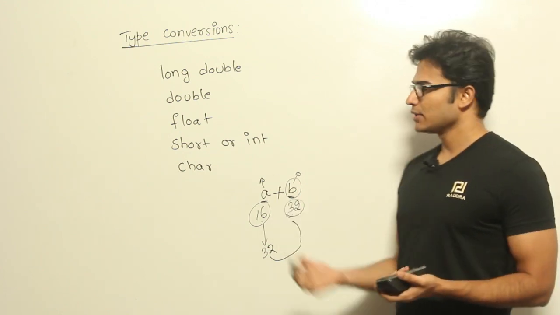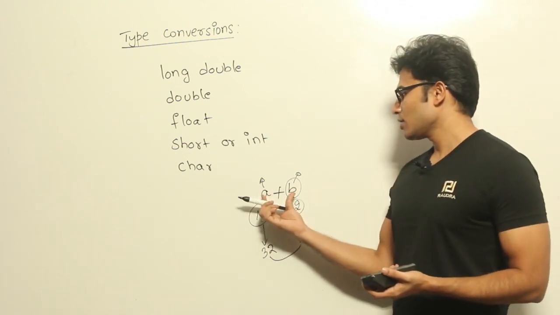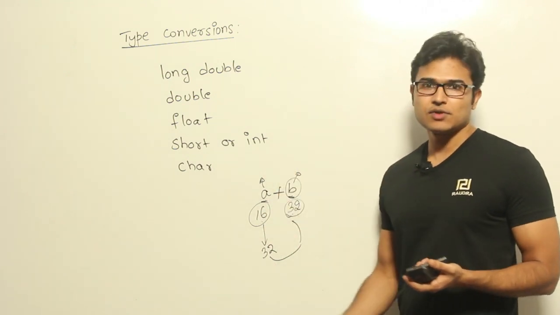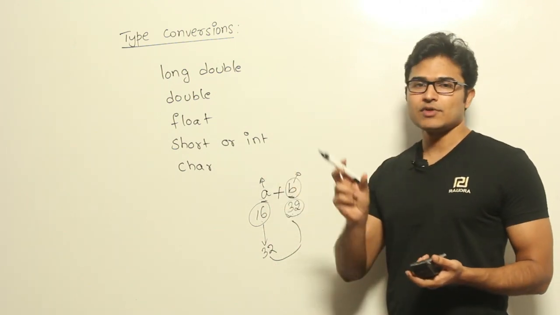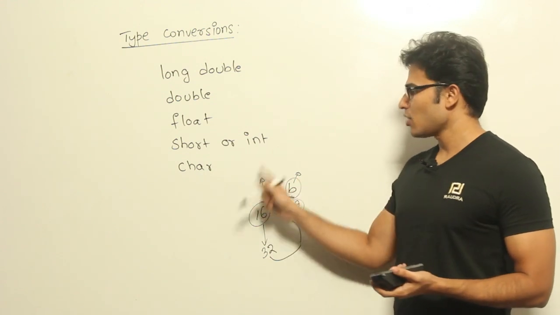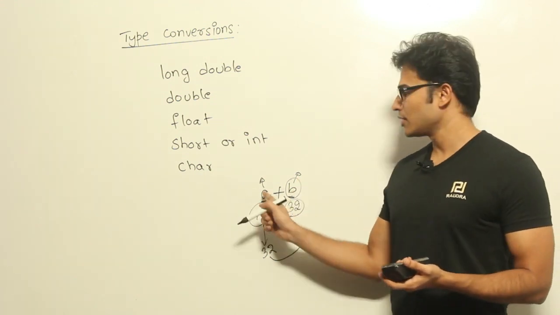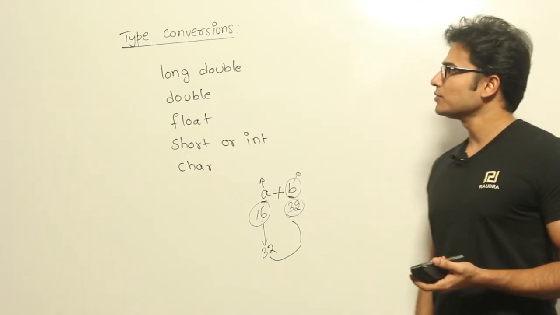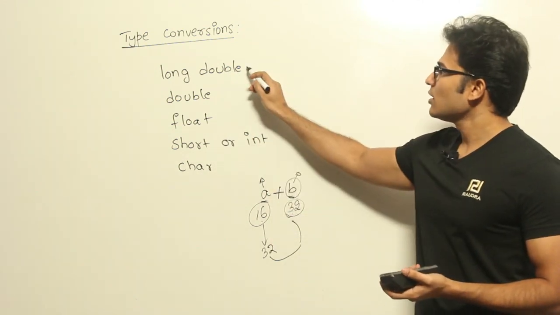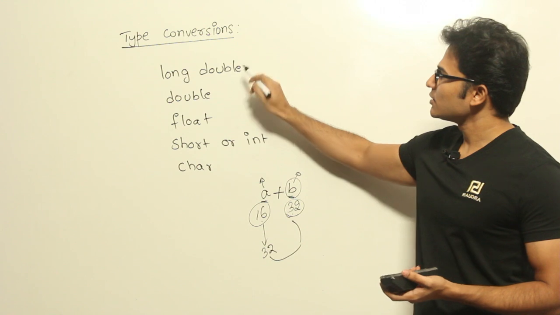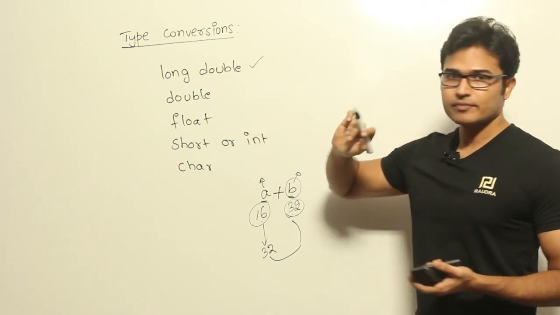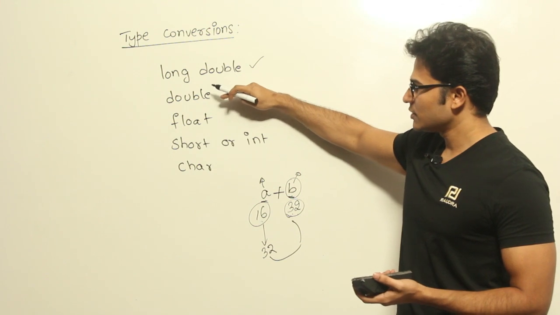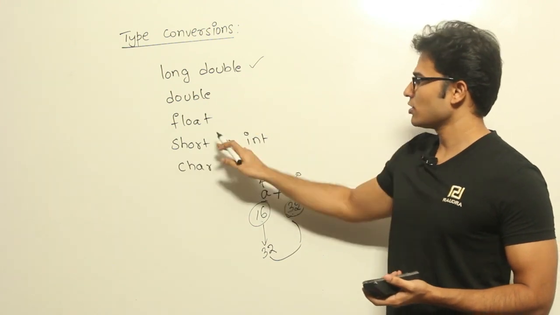So the convention followed here is, you see among all the operands which one is the highest one. Highest one means the data type which has the biggest space, and you convert all the other data types into that particular data type. Now the order is followed like this. Let us say one of the operands is long double, assuming that in your machine long double size is greater than double, is greater than float, is greater than short or int,